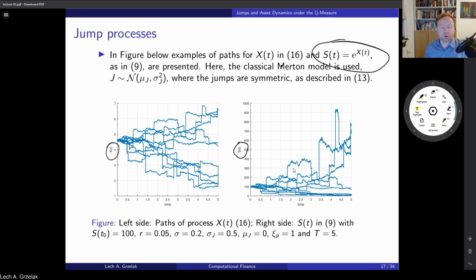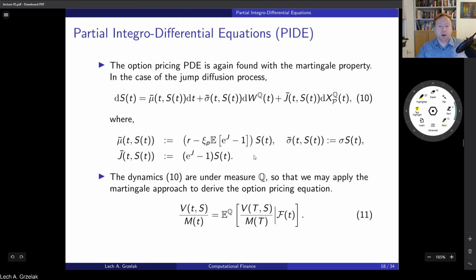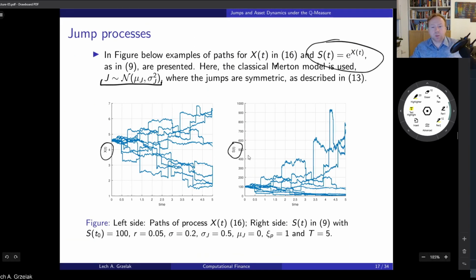Of course, here I have chosen parameters such that it becomes clear that there is a jump. Our jump magnitude, J, we have chosen to be normally distributed with mu J and sigma J. Of course, those parameters will need to be calibrated, and you could calibrate them using historical data or, for example, option prices. Okay, so I think there are no more slides here, but what we can do is